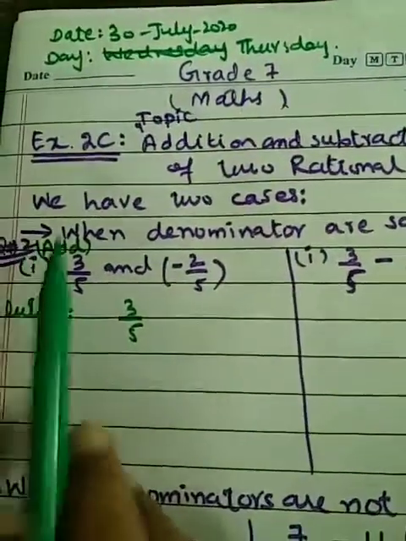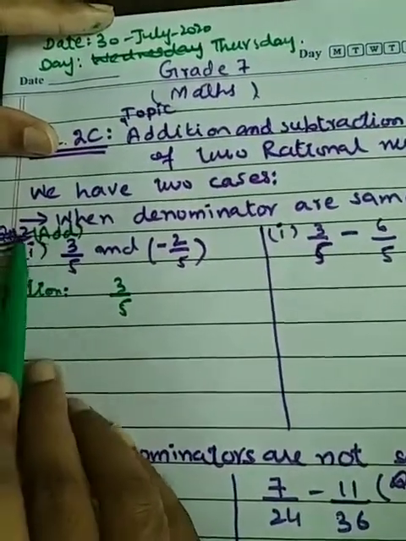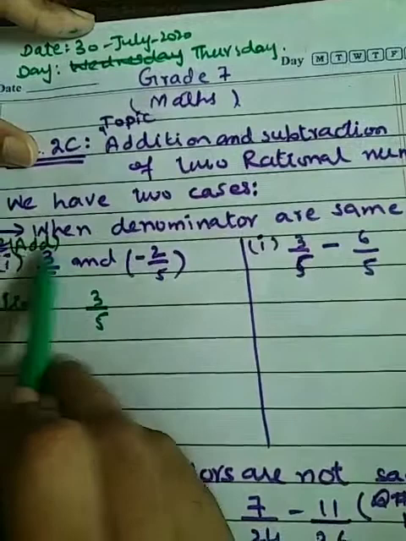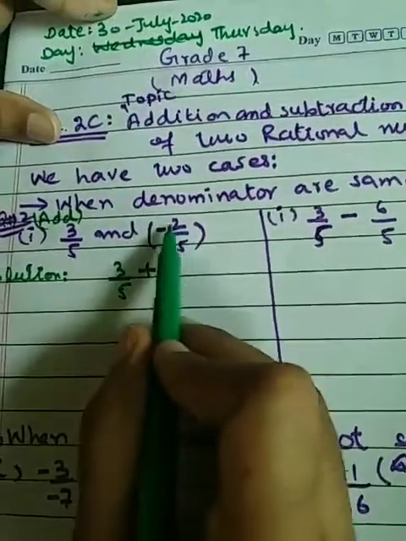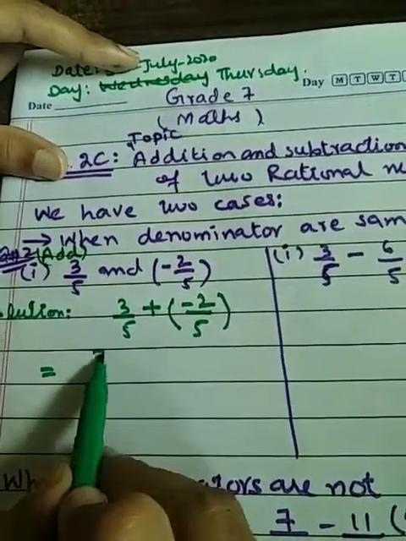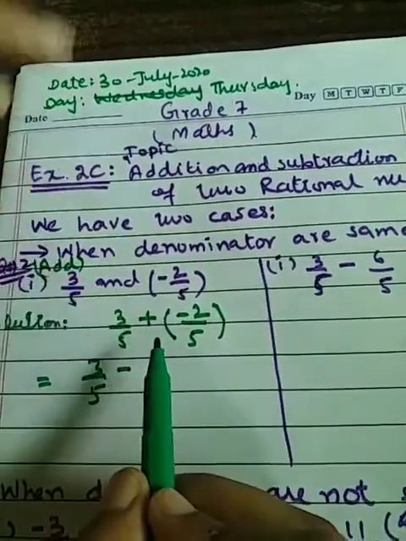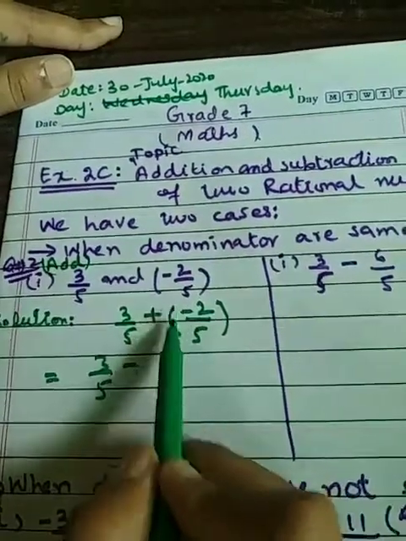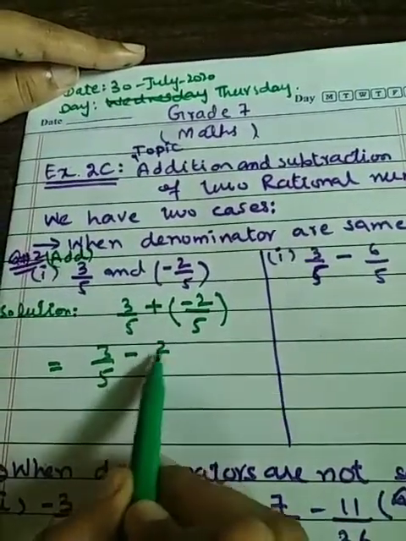Okay, this is question number 2, first part. There is written and here, so if we have to add these two rational numbers, just write the addition sign here. Because there is a negative sign, we can write it in bracket form. First solve the bracket: 3 by 5 plus minus becomes minus, so first put the addition sign, then open the bracket. If there is a negative, write the bracket sign here, otherwise you can solve directly. Plus minus minus 2 by 5.